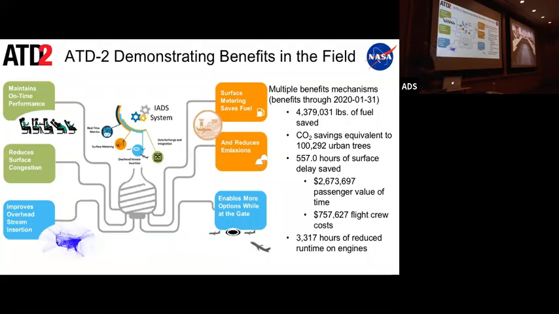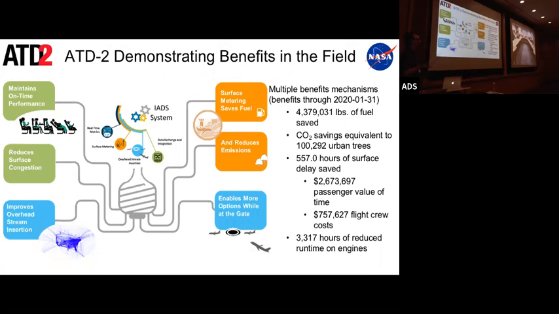During this field evaluation, we've produced the benefits that you see here on this slide. Because this tool is not just research that's living in research papers, what you can see here is that through what we call departure surface metering, which, when there's a demand capacity imbalance, holds departures back at the gate with engines off to reduce the amount of time that they spend in the departure queue with their engines running, and through also integrating the surface with the overhead stream,